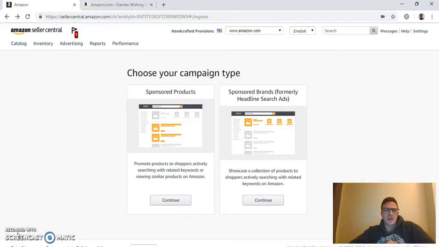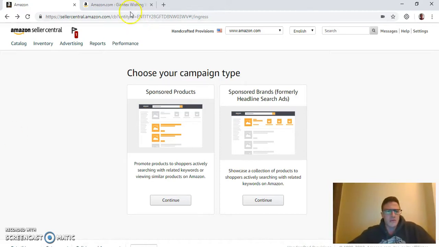All right. As some of you might know, Amazon released a new type of ad that is called a product display ad. So I just wanted to go through how to set these up, where to get some data to optimize these and how to kind of populate what you're going to do with these campaigns, and then just go over really the interface. It's still in beta, but I think that for now it's pretty self-explanatory. And I think a lot of sellers aren't fully aware that these are available and they can actually be pretty